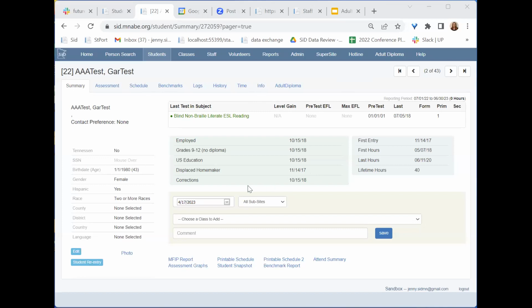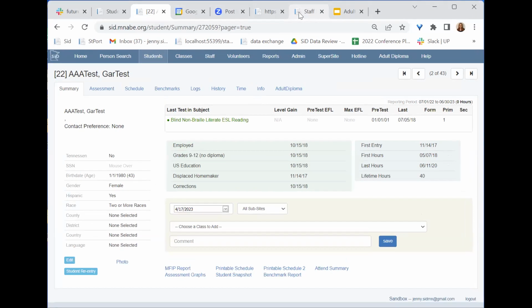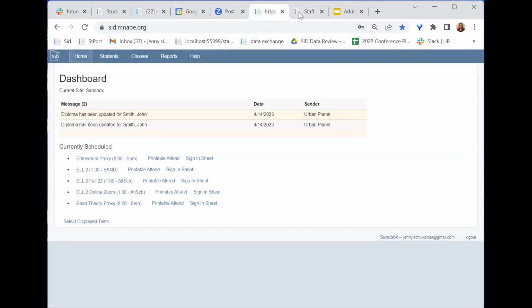Yes, looks good. Okay, so what we're looking at right now is a student's page on a screen, which you guys are all familiar with. Actually, before I go into too much detail, I want to make sure you're all aware of where you see your notifications.